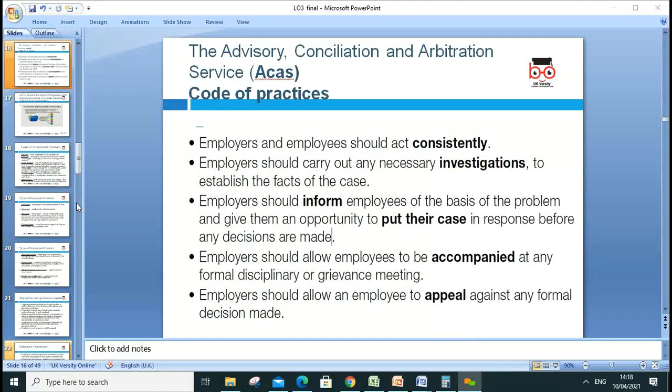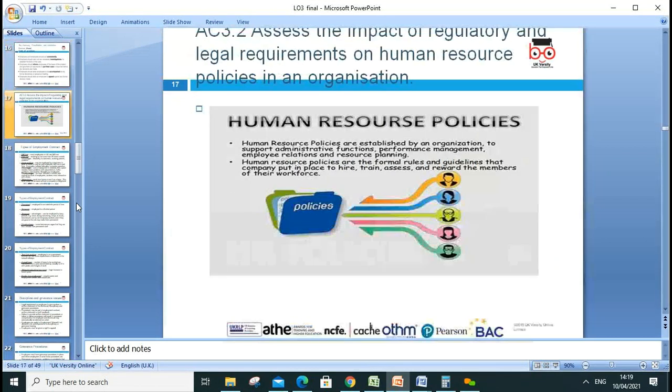Employer should carry out any necessary investigation if needed. Employers should inform the employee of the basis of the problems and put their case. If we have any grievances, there should be an appeal process. There should be a compliance department. So that is crucial in our organization. Okay, then next we have